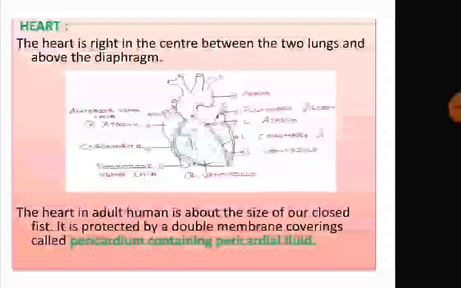Now, you can see in this figure, there's a right atrium, left atrium, right ventricle, and left ventricle, the posterior vena cava, then the inferior and anterior vena cavas. These portions are already shown in that picture. Atrium is also called auricle, which we will discuss later.